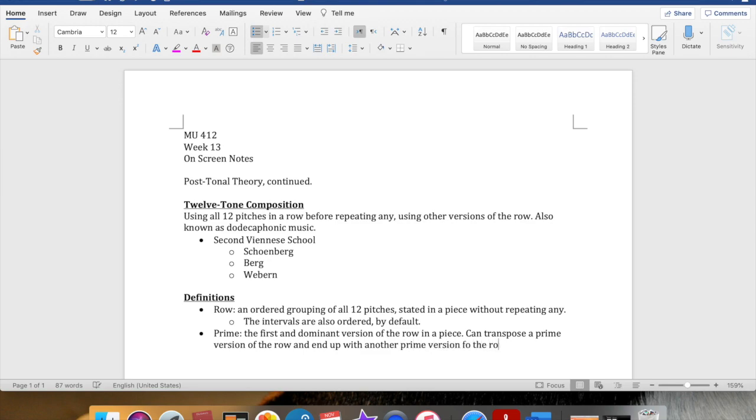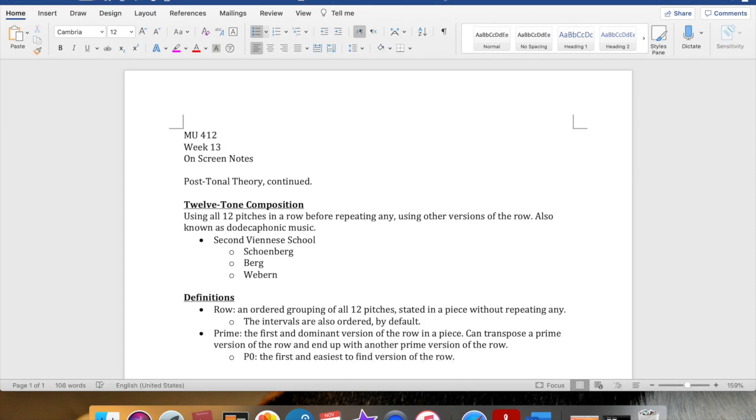version of the row. Now, if you've done this before, you may have started whatever you call P0 is usually the first and easiest to find version of the row.